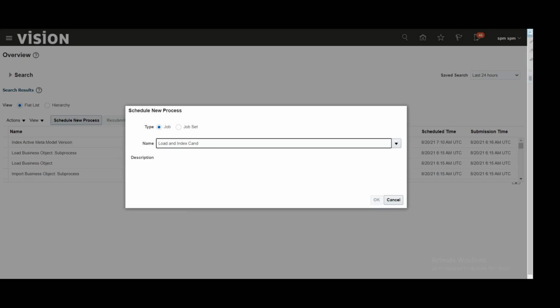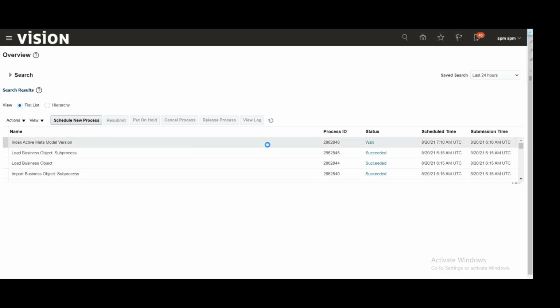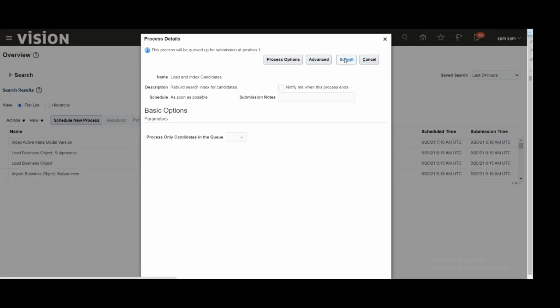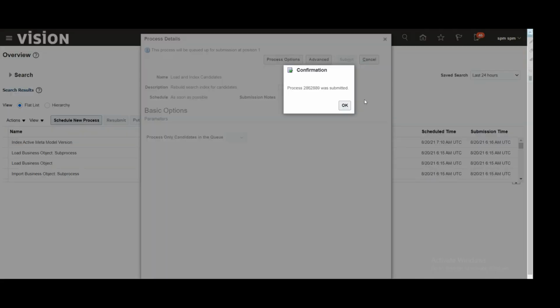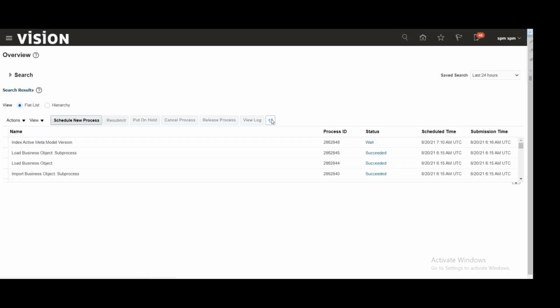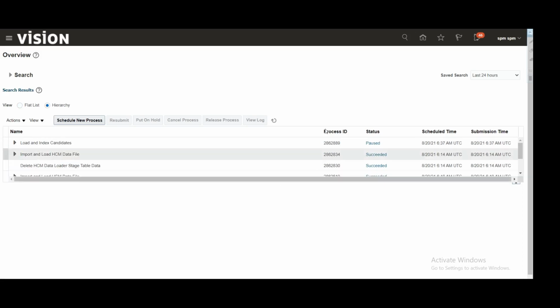So type Load and Index Candidates, and submit this scheduled process. Once it has succeeded, we can again check whether the candidate appears in search using the Fusion UI.